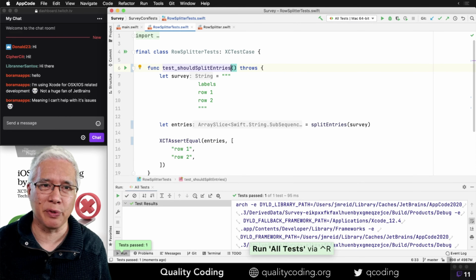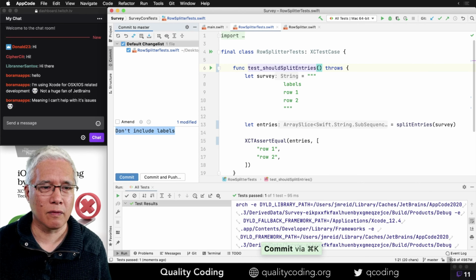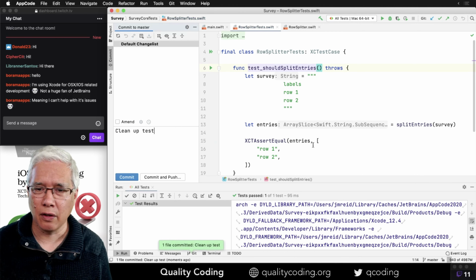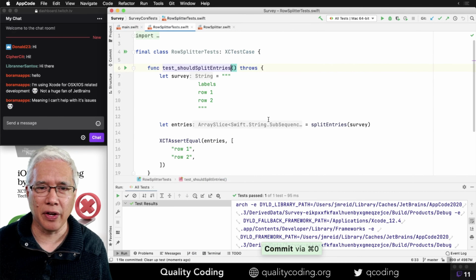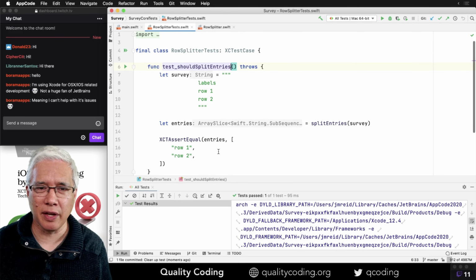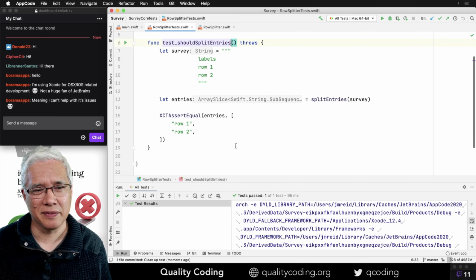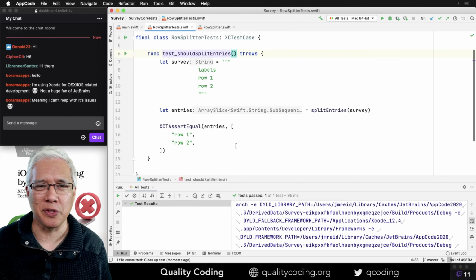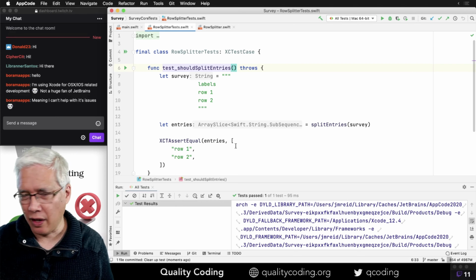So this is a bit of test refactoring. Okay. Now I am satisfied that we are dropping the labels and we're picking up the entries. I don't mind if it says row 1, row 2. Maybe I should make it entry 1, entry 2. I don't know. Not sure that it matters. Okay.